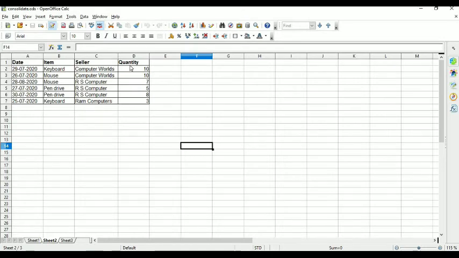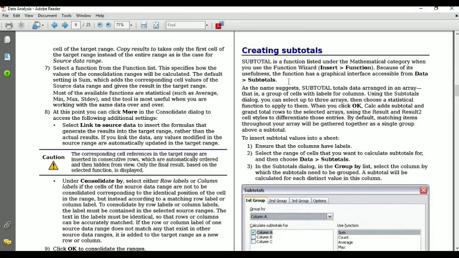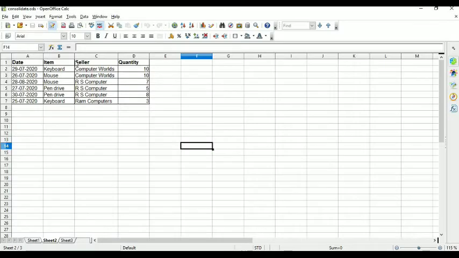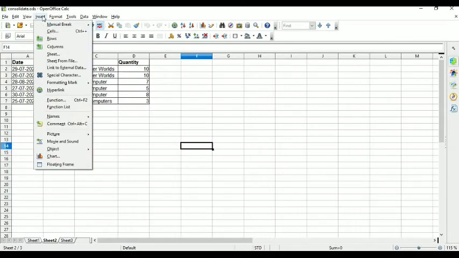Now I want to summarize this table with the help of subtotal. Subtotal is a function listed under the mathematical category when you use the function wizard. See here, this option is also available in the insert menu. See here, function.